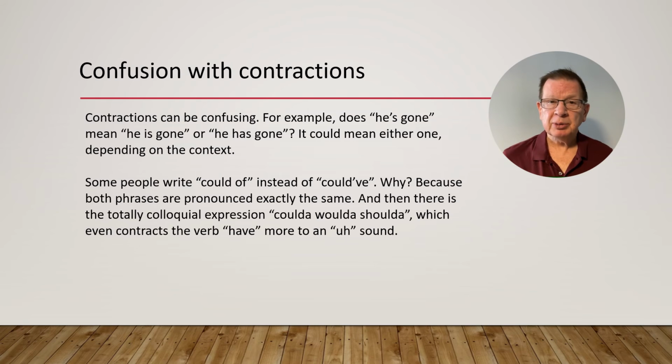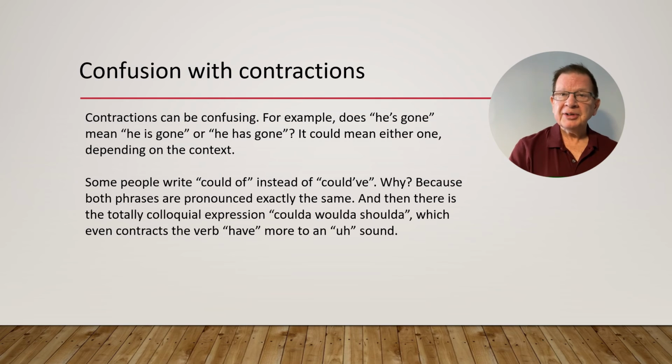Contractions save time when one is talking, but they can also be confusing. For example, does he's gone mean he is gone or he has gone? It could mean either one, depending on the context. Some people write could of instead of could have. Why? Because both phrases are pronounced exactly the same. And then there is the totally colloquial expression coulda, woulda, shoulda, which even contracts the verb have